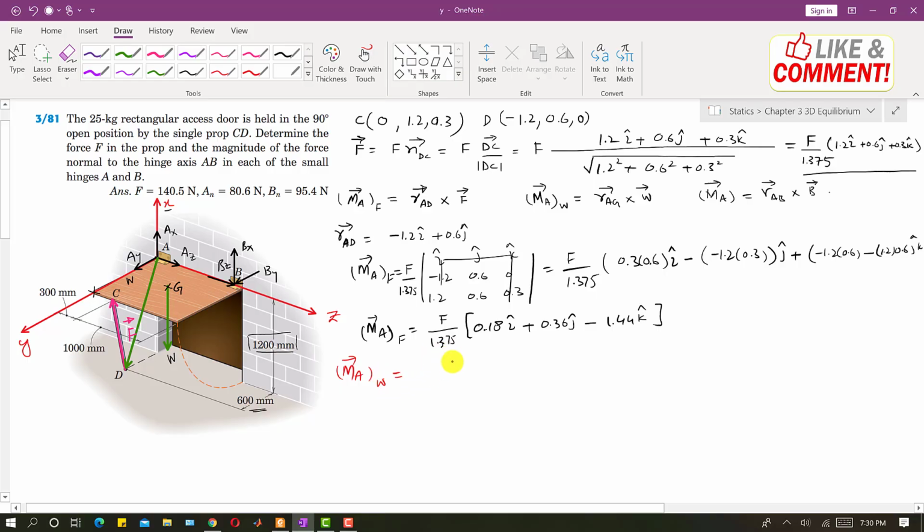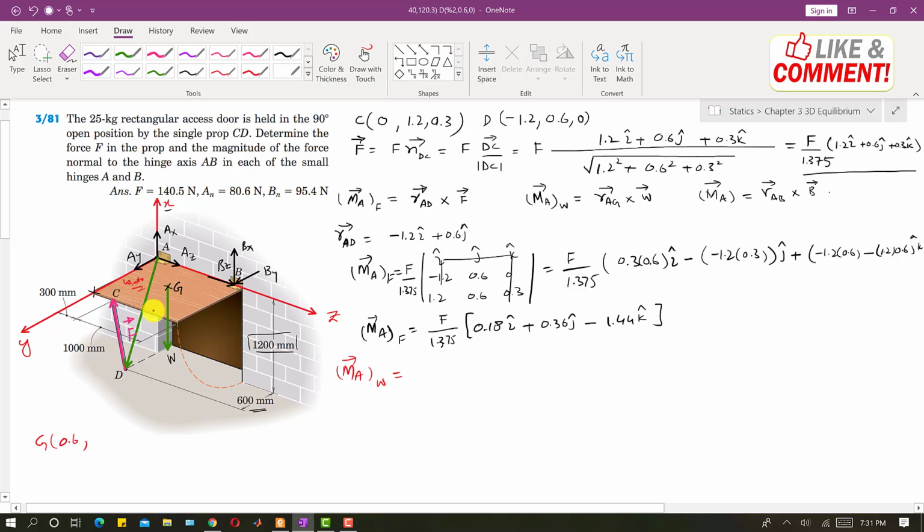So this is equal to RAG. So first we have to find the coordinates of this G, right? So to reach this point G, we need to travel half of the width, right? So this W is width, so I will write width. So we will travel half of the width in the y direction. So the width is 1200 mm, so this is 1200 divided by 2. So this is 0.6, and then we need to travel this much distance.